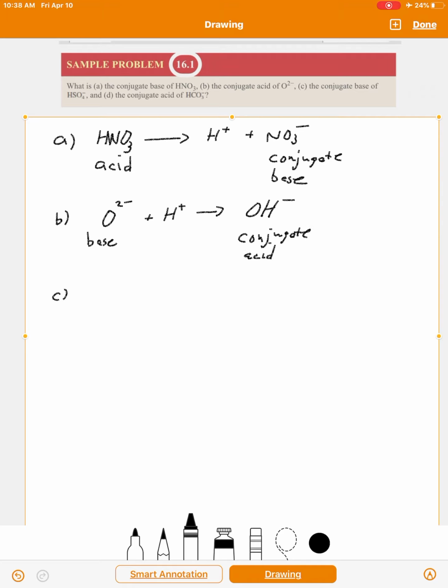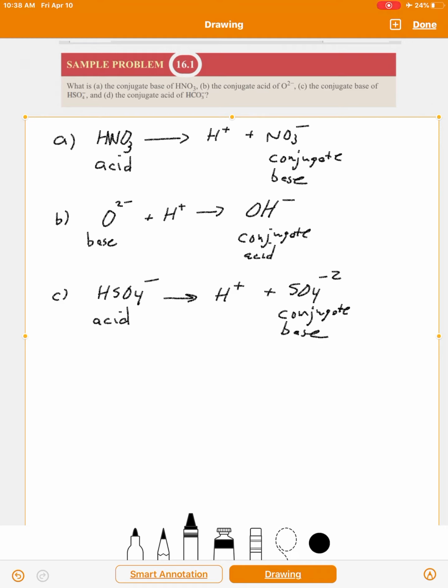Okay, let's try C. C says you want to find the conjugate base of HSO4 minus. Again, if they're asking for the conjugate base, that means this one's an acid, because an acid doesn't have a conjugate acid. An acid has a conjugate base. So if this is the acid, it donates an H+. So donate H+ and you have SO4. If you get rid of a plus, this becomes -2. So this would be the conjugate